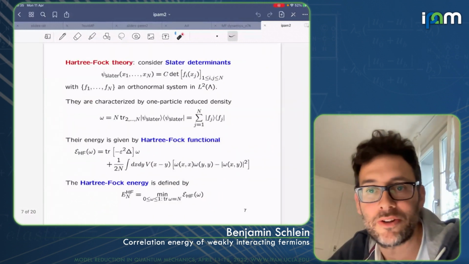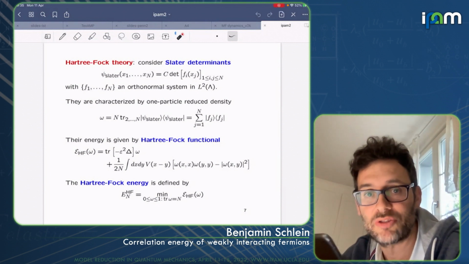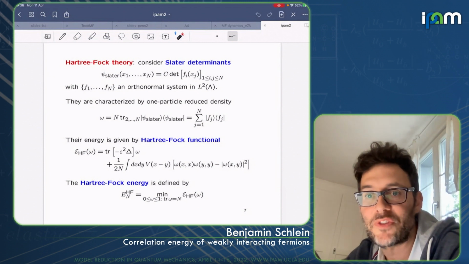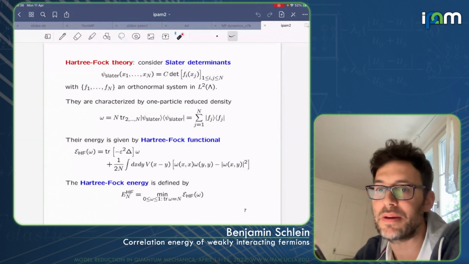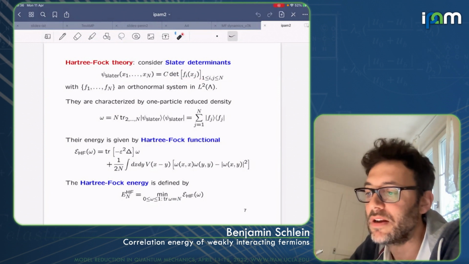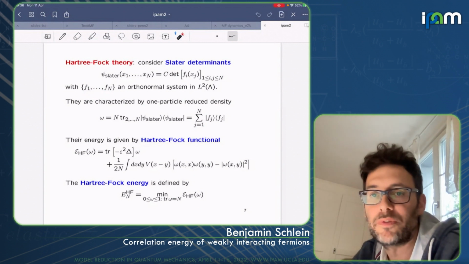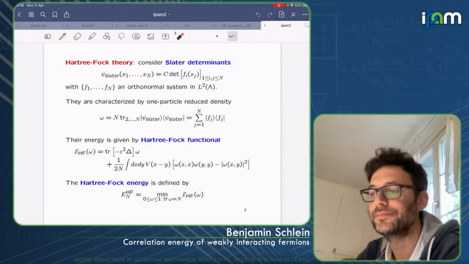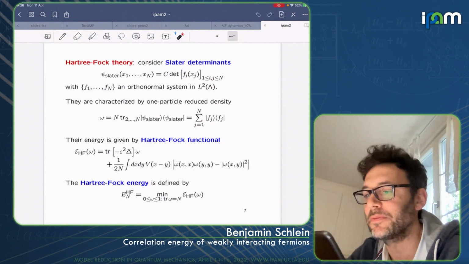And Volker already told us just before me about maybe the most important of these simplifications, which I'm going to describe again here, which is Hartree-Fock, right? Hartree-Fock theory arises from the many-body theory if you restrict your attention to states which are given by Slater determinants. So a Slater determinant is a wave function which you can write like that, where the f_i are just an orthonormal set of functions in the one particle space L2 of Lambda. Okay. Well, as Volker already explained everything, I'm going to be a little bit faster now.